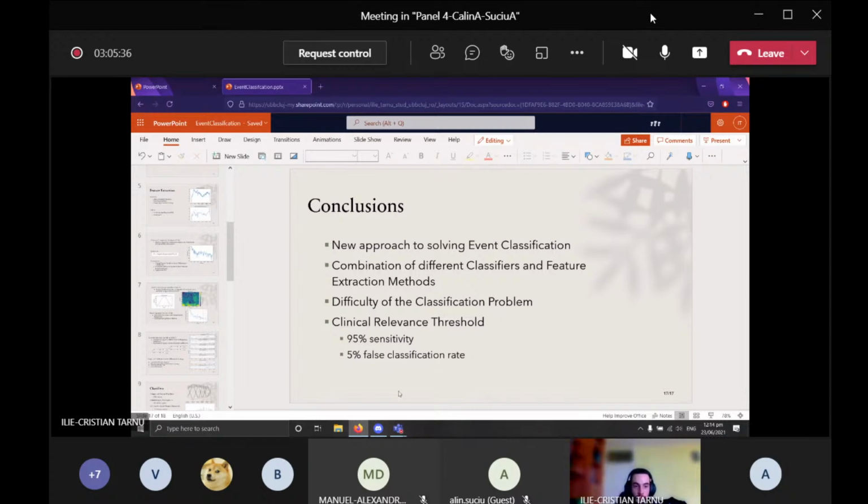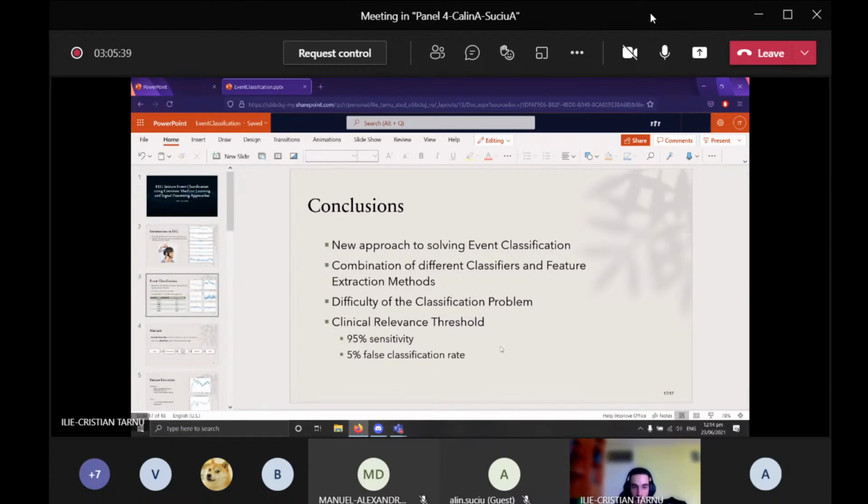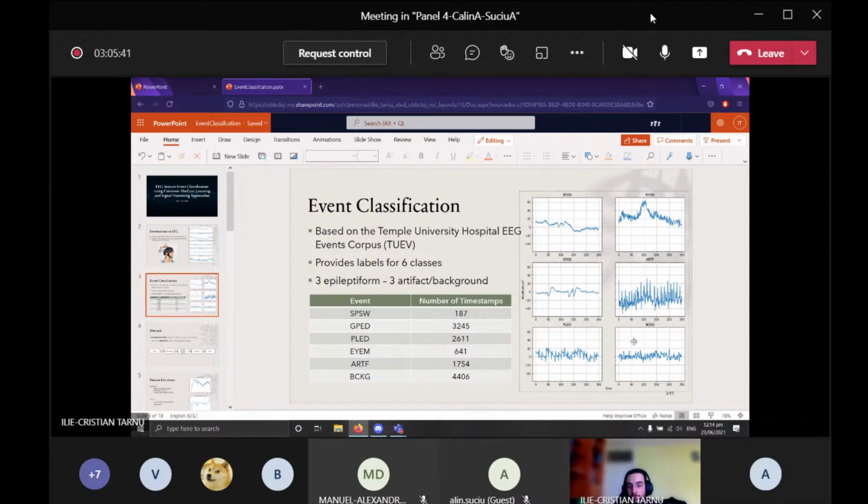What I have tried is eliminating the events which did not have a large number of timestamps, in this case SPSW or eye movement, and this actually increased the accuracy by a little bit, but that's all I did. Another problem which could be considered is the four-way classification problem, which involves taking just the epileptiform